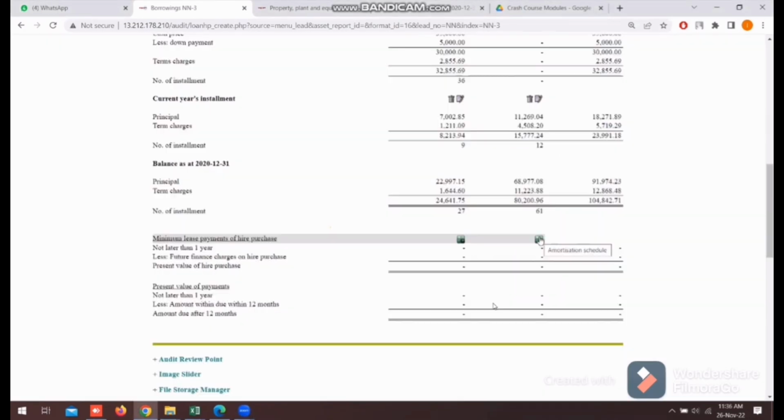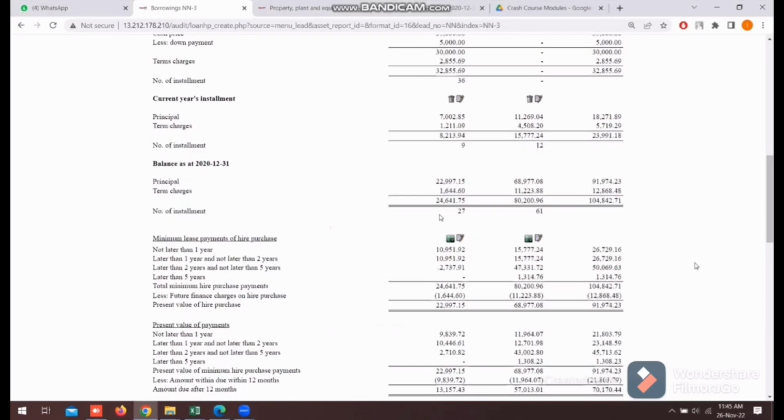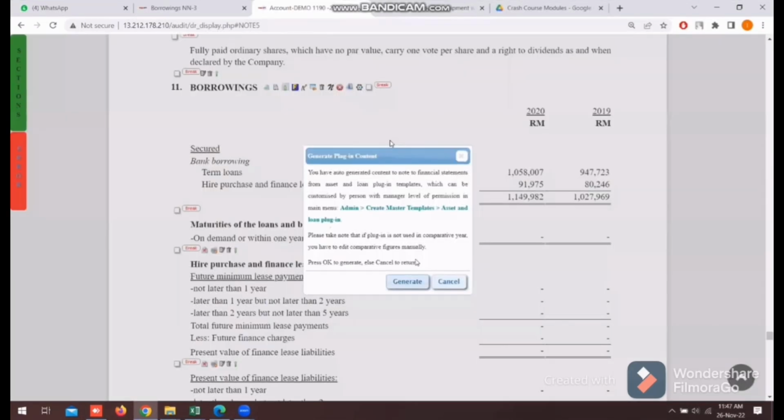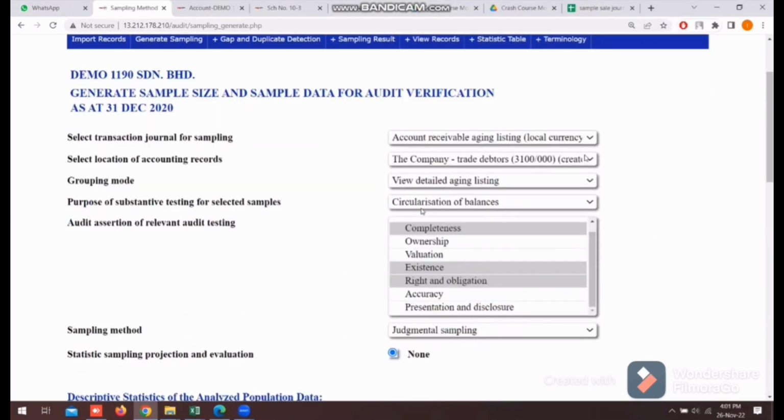After finish, we go to minimum list. Click this button to amortization schedule. Click monthly and update record. Lastly, go to report number 11, borrowing. Click button generate. Next, go to the menu, click sampling, generate sampling data, and we need to enter all information in